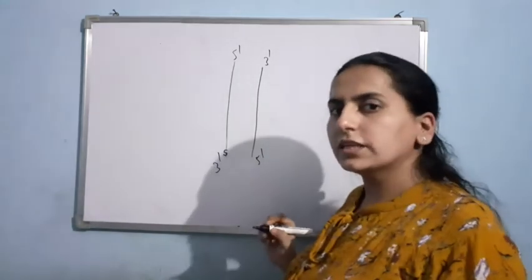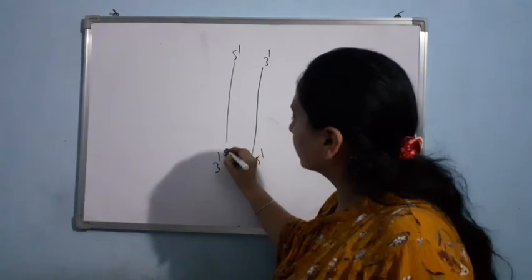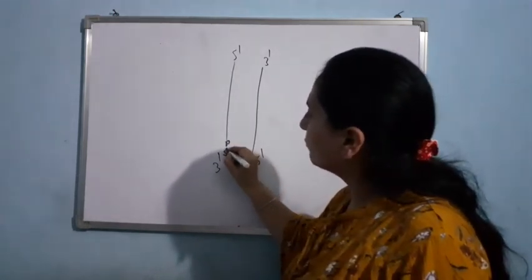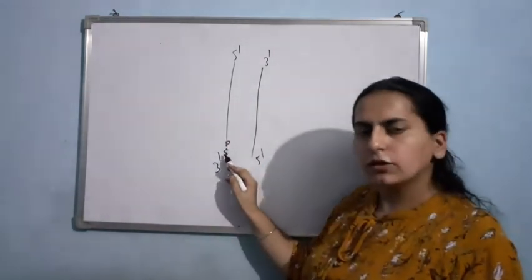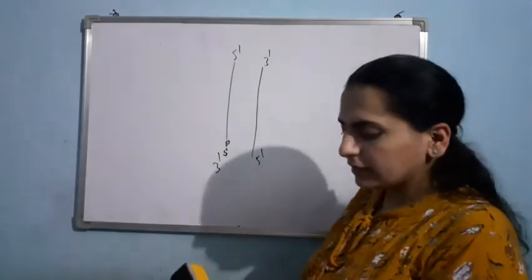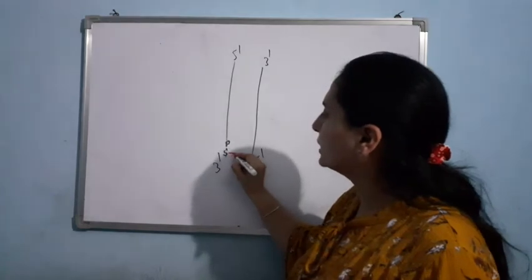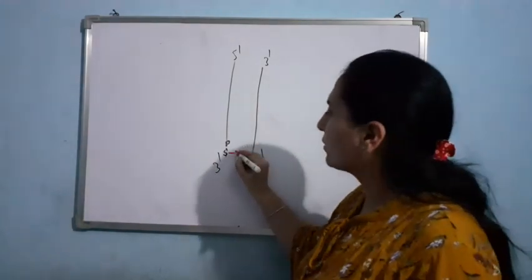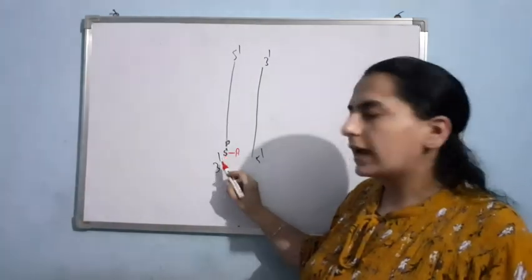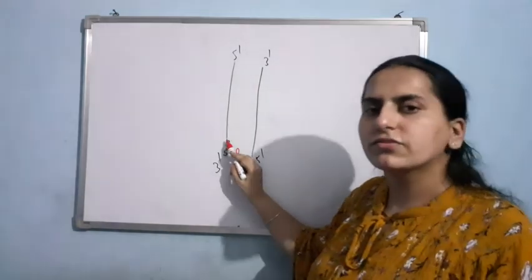Okay, and with this sugar I am having a phosphate group. And I told you yesterday, the phosphate group is attached at the 5th carbon. So at the 5th carbon of this sugar, the phosphate group is attached. Clear? And at the first place, I will be having the nitrogenous base, and the nitrogenous base will be projected inward. Suppose I am having A. Am I clear? I am having sugar. At the 1st end, I am having the nitrogenous base, and at the 5th end, I am having the phosphate group.